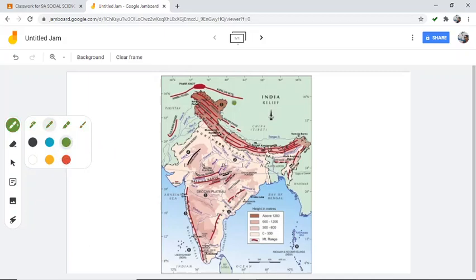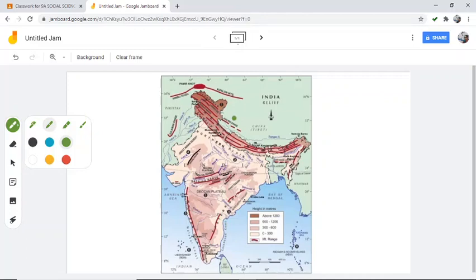Okay, so here, see, when you mark a map, better use a pencil. That is my advice. Don't use pen, sketch or something to mark the map questions. Always use a map pencil. Sharpen your pencil properly, mark it clearly. Don't just give light strokes. Proper marking should be there.